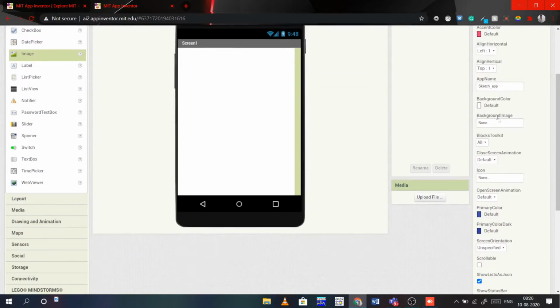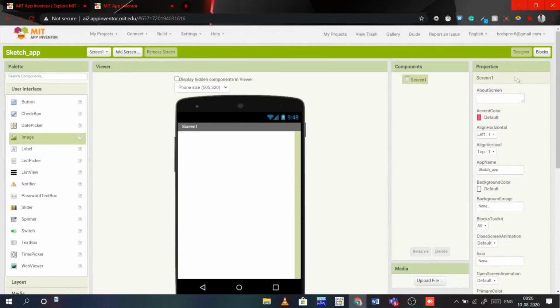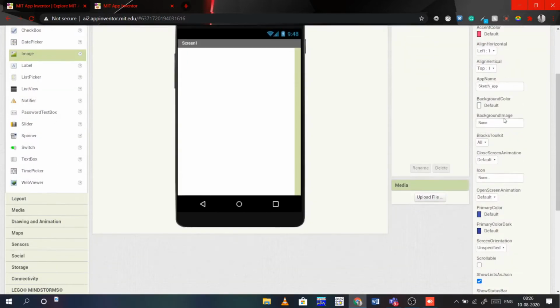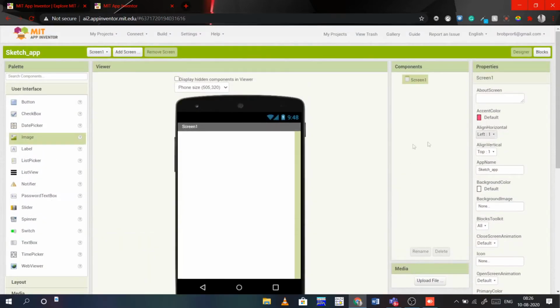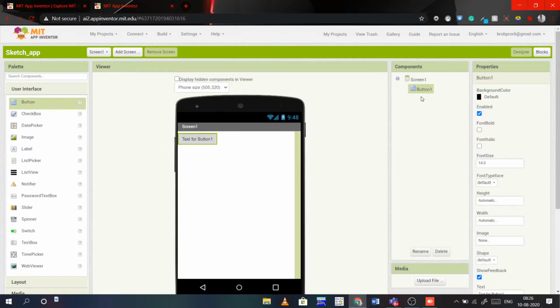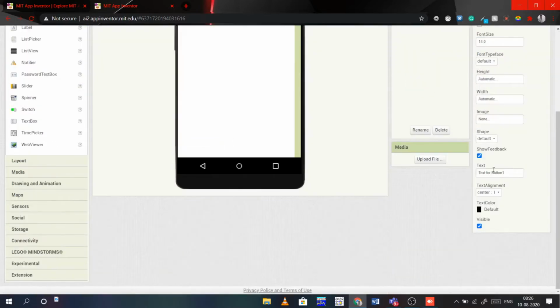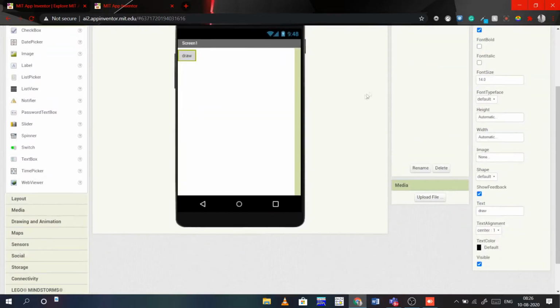Next, in the properties section, we will find all the different parameters, like the position of the screen. For example, if you use a button here, the button properties include the text and how the text on the button appears. Let's change the text for the button. Basically I won't use all of this, I am only telling you, because this is a basic tutorial for now. In further videos I will explain everything in detail.